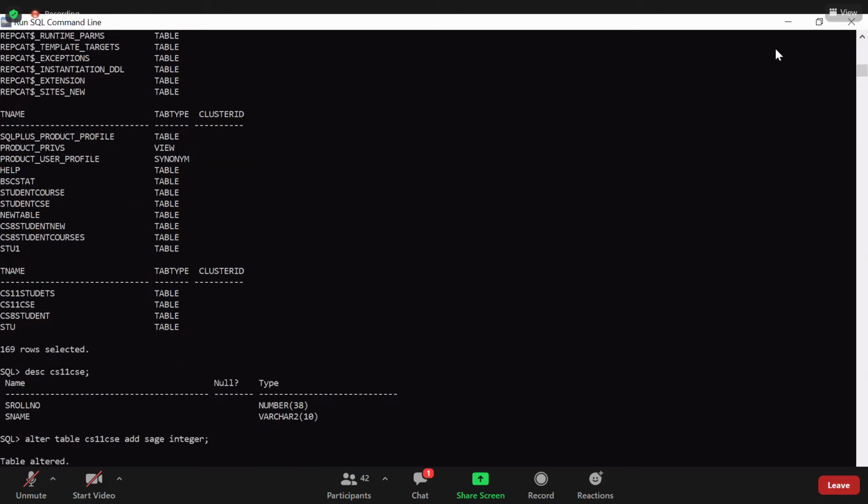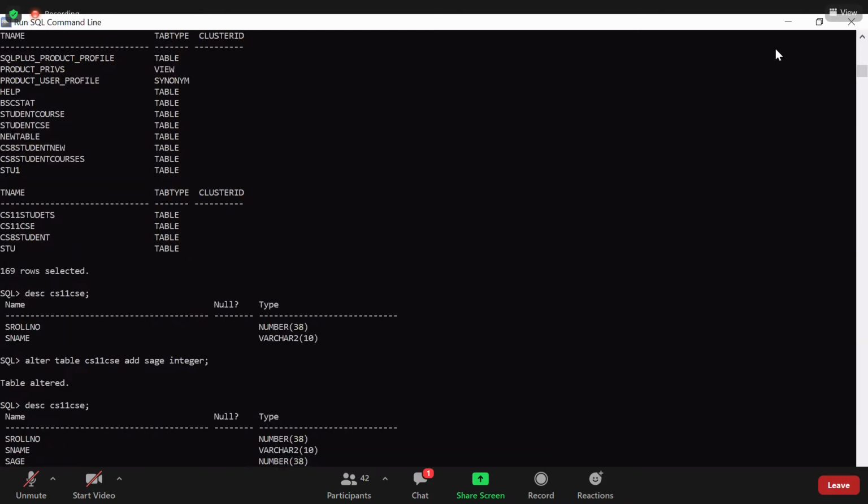See, this is the syntax for altering the structure of the table by adding one more attribute to the table, like age. So now we'll check whether it has three attributes now or not by giving DESC again. I'll just use these arrows. Now it is showing us three attributes again. This is for adding the attribute.